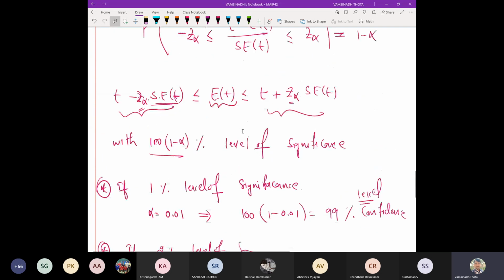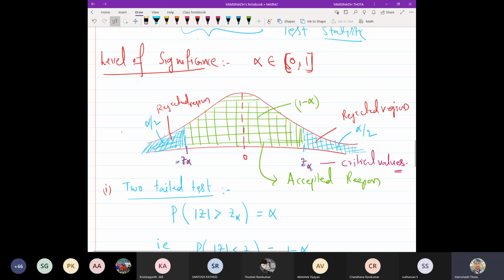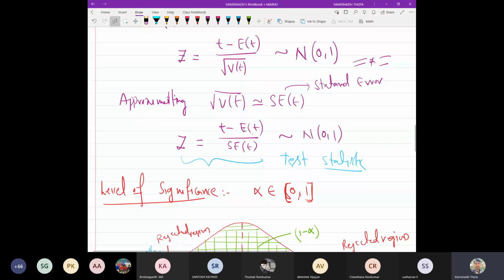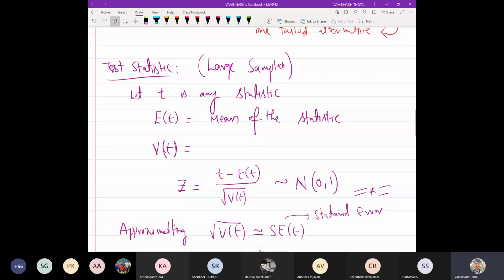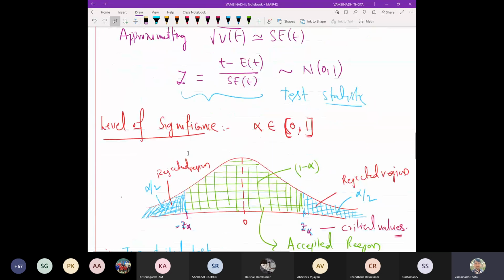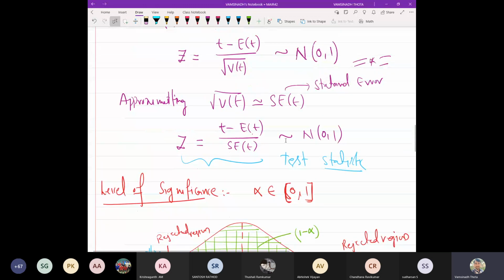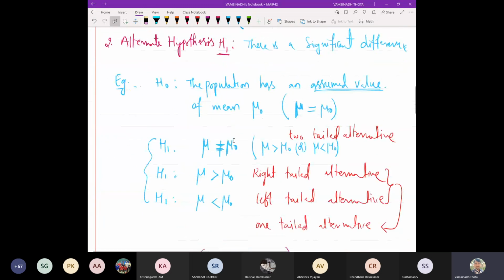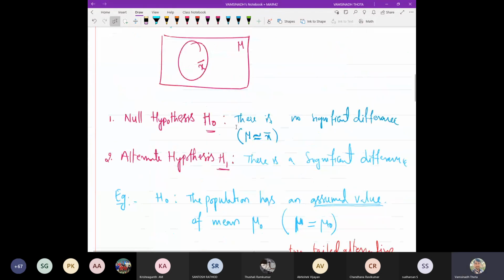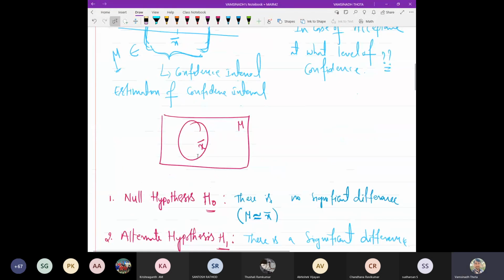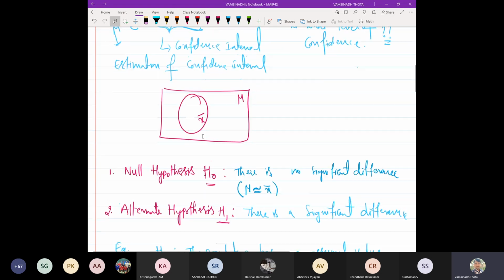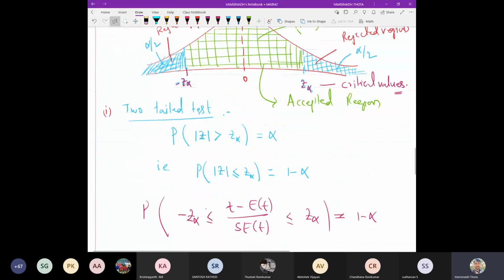Right. So in the last session, we were just understanding what is called the level of significance and what we meant by test statistic. So today we are going to discuss more about the test statistic, the level of significance, and something called the standard error. All those details will be discussed today. And I hope that there is no doubt regarding the null hypothesis and the alternate hypothesis. Even if you have some doubts regarding H0 and H1, once we start hitting some problems, it will be more clear to each and every one. So wait till that point of time.